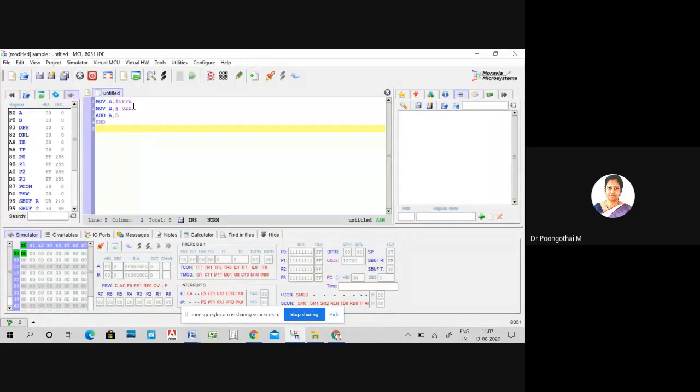So first I am moving 8-bit immediate data FF to the accumulator. Next 02 to the B register, adding the accumulator content with the B register, and after the addition, the result will be stored in the accumulator. So let's run the code.